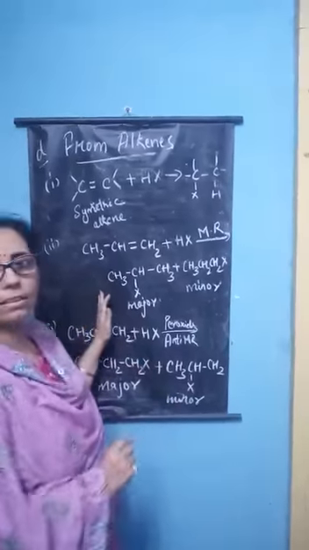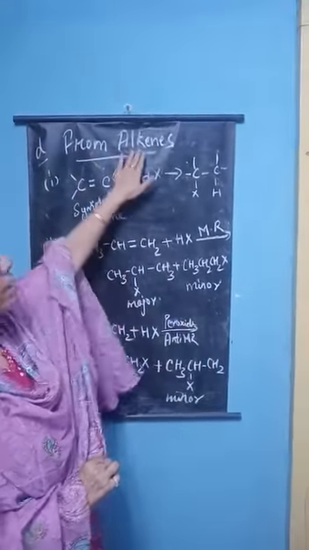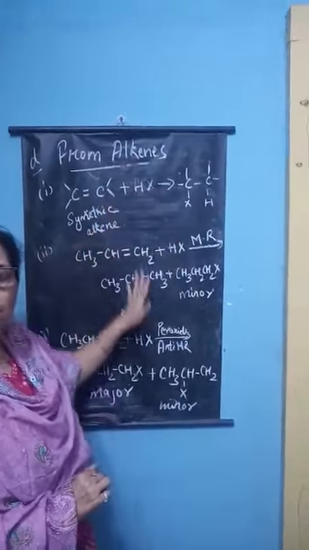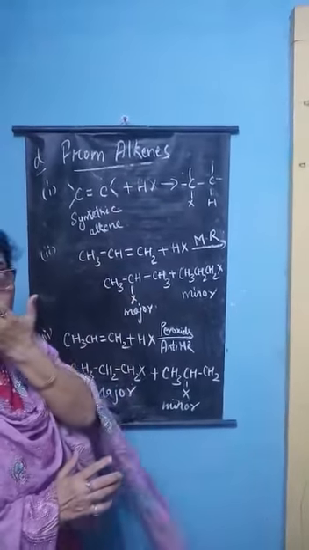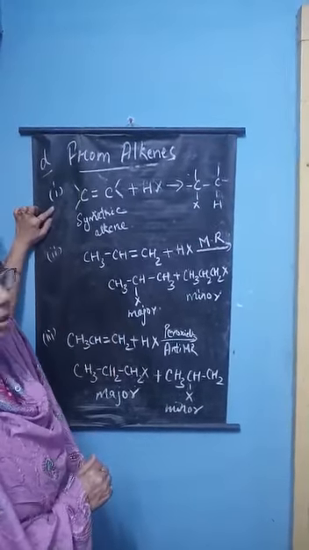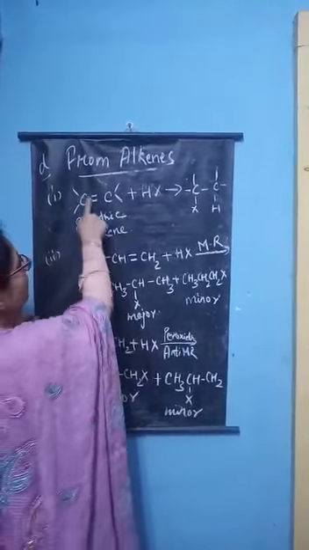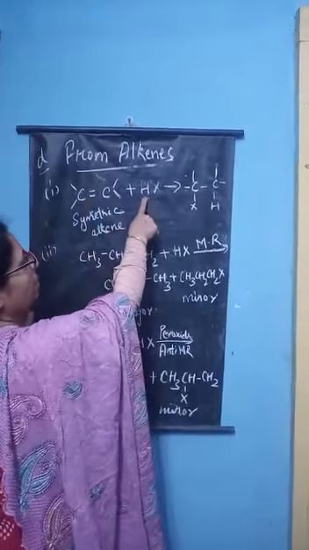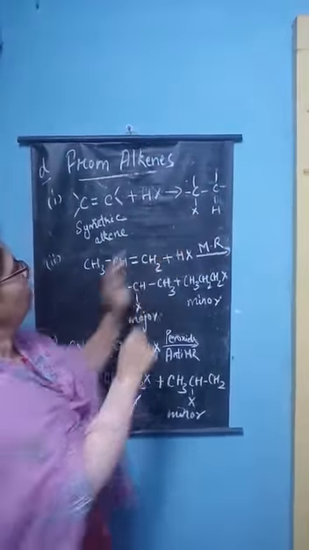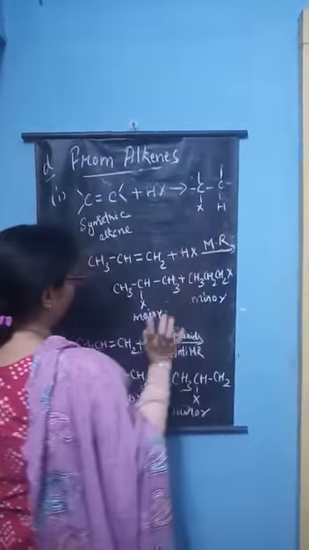Okay. This is the last reaction of preparation of alkyl halide from hydrocarbon. In this, we are preparing alkyl halides from alkenes. This reaction we have also studied in class 11th. First, that is the Markovnikov and anti-Markovnikov rule. In the first reaction, if we take a symmetric alkene, then HX, that is the acid which we are adding to it, gets attached to any carbon which is available. H can go to any carbon and X can go to any carbon and form alkyl halide.